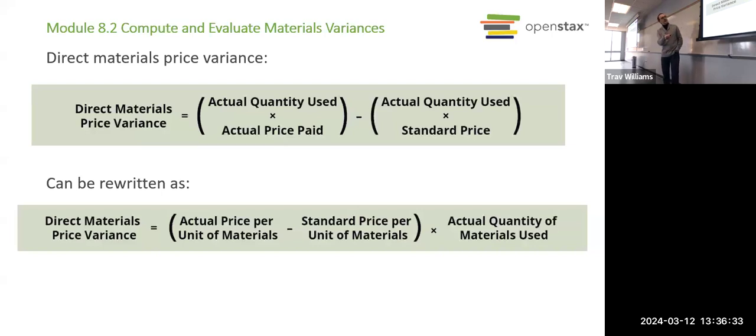Right? So really, what we're comparing is the difference between the actual price and the standard price. And that's what you see down here in the simplified version, the shorter form version of the formula. Actual price minus the standard price times the actual quantity. You can use either of these formulas, you get the same result. It's just two different ways of doing the calculations. This one takes a little longer, but I think it's easier to understand. So that's why we're going to use mostly that. So this is how we do our direct materials price variance.